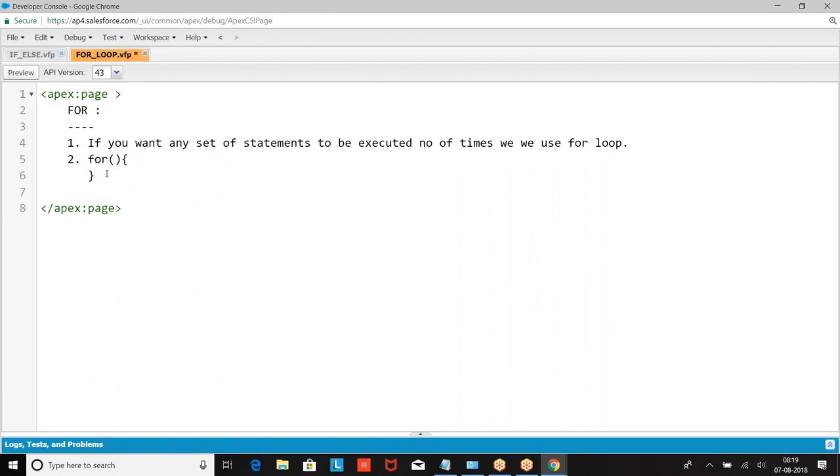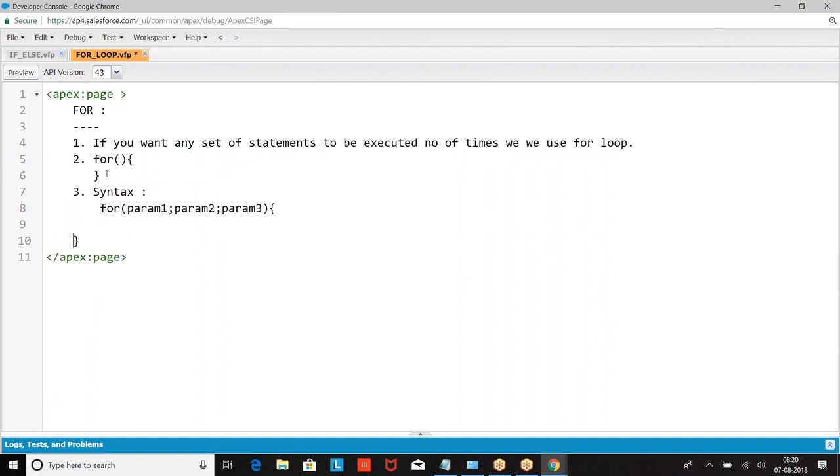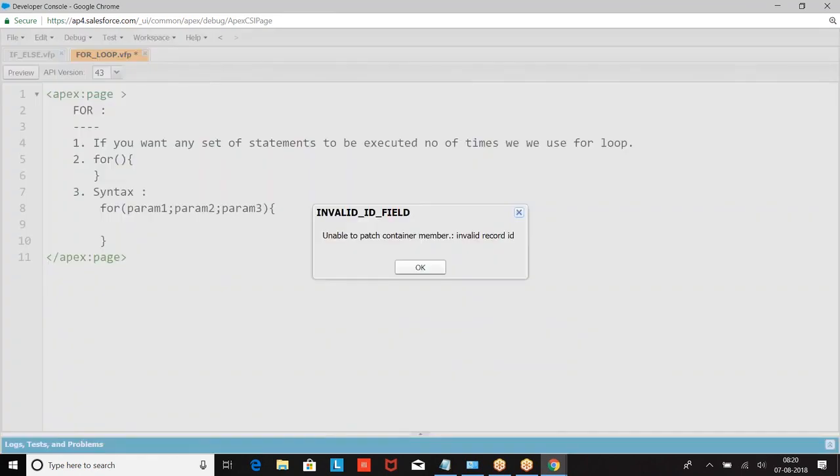Okay, so here if you look at the syntax, this is the for loop. Boss, if you want to do a work 10 times, what will you do? You have to start counting your value from somewhere.